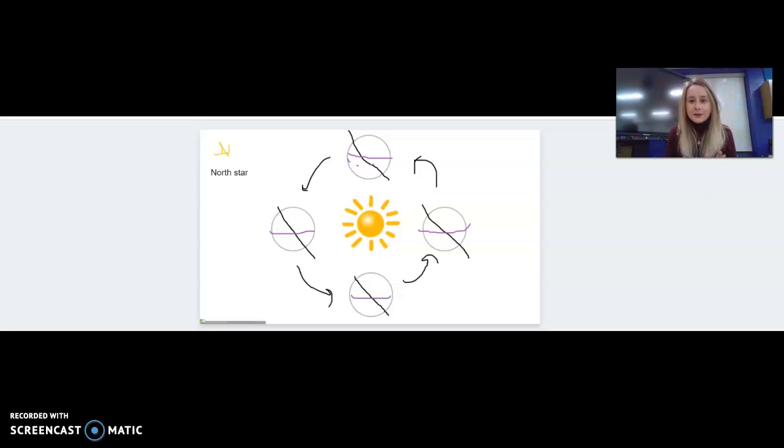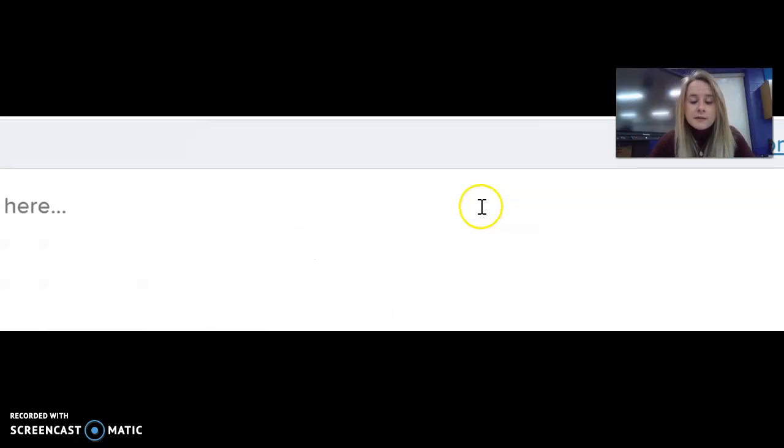Now, as the Earth goes around the sun, there's certain times where the northern hemisphere is more tilted towards the sun and receives the most direct sunlight, and there's certain times where the northern hemisphere is tilted away from the sun and receives the least direct sunlight. In this location right here, the northern hemisphere is tilted towards the sun and is receiving the most direct sunlight. So this is summer